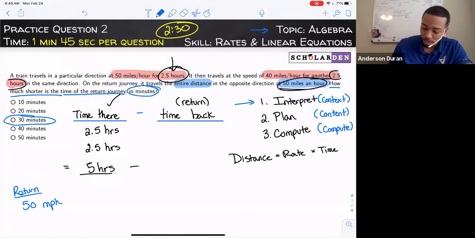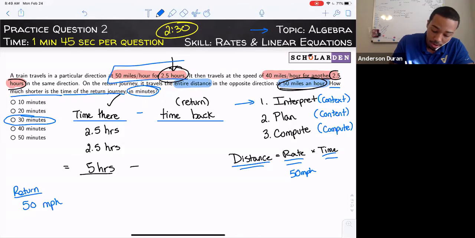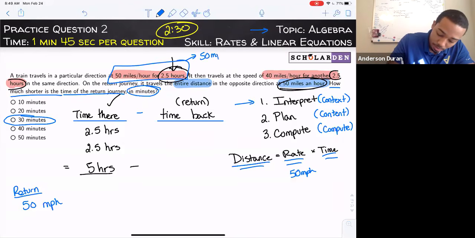He's traveling at 50 miles per hour. So in order for us to find how much time the return trip took, we see that we have the rate of 50 miles per hour. We need the distance. If I don't have the distance, then I can't find the time. So let's find the distance. Well, we see here that on the two trips, on the time there, if we are going 50 miles an hour for 2.5 hours,